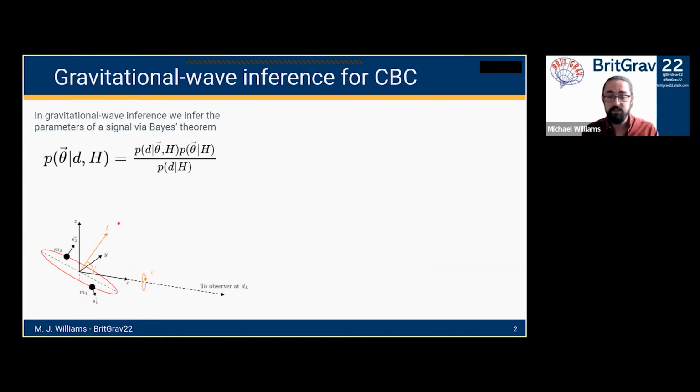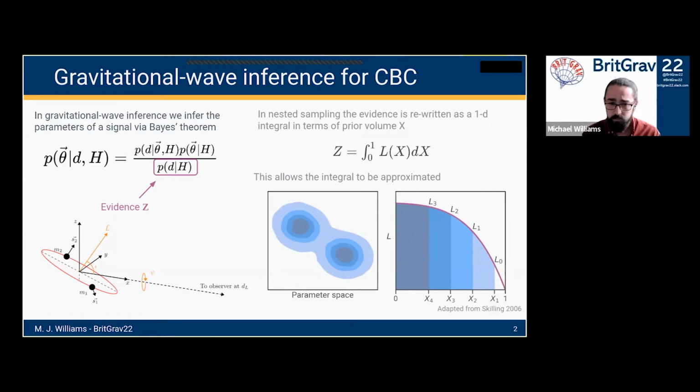And the way we do this is typically using stochastic sampling techniques, such as Markov chain Monte Carlo or nested sampling, and I'll be focusing on the latter. So in nested sampling, what we're really interested in is the denominator here in Bayes' theorem, so the evidence or the marginalized likelihood. And this is typically difficult to compute because it is an integral over the parameter space. And this means that it's not easy to do, and that's why we have to resort to something like nested